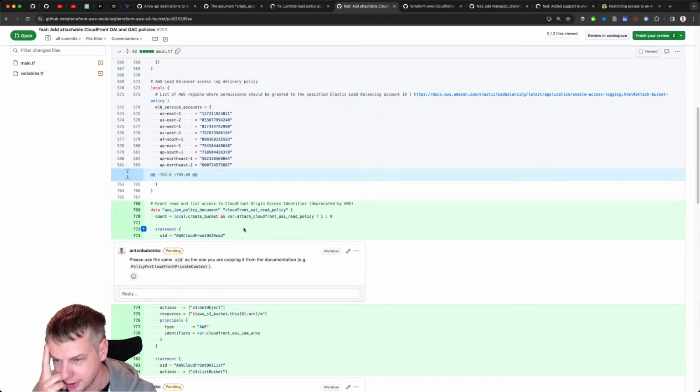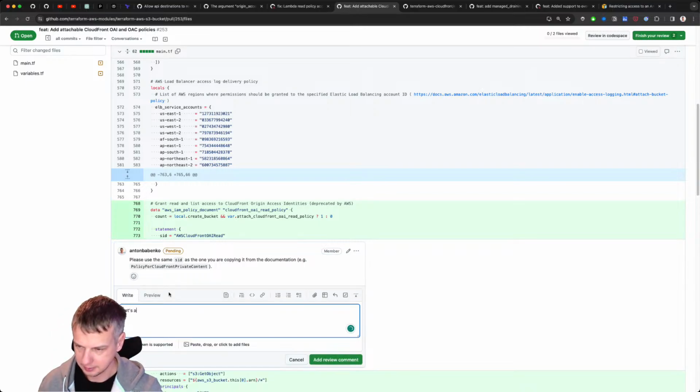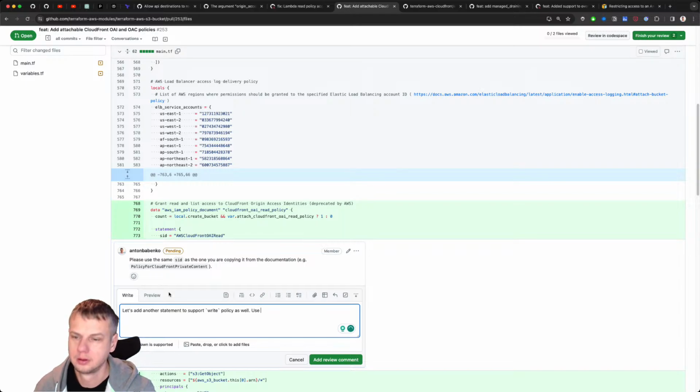Yeah, let's add another statement here to support write policy as well. Use condition.